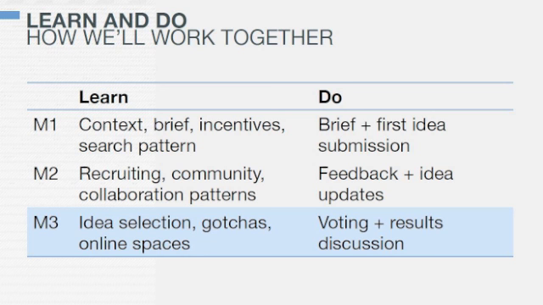So the first module, as a quick reminder, we talked about a little bit of context for crowdstorming, the broader context of things like crowdsourcing and open innovation, and then we jumped into how to set up a brief and how to think about the brief, and then to motivate people with the right mix of incentives. And finally, we looked at the search pattern, which is, again, the simplest pattern where our focus is simply on how do we get ideas. And then we introduced the project, and you've already submitted ideas for that, so we won't spend too much more